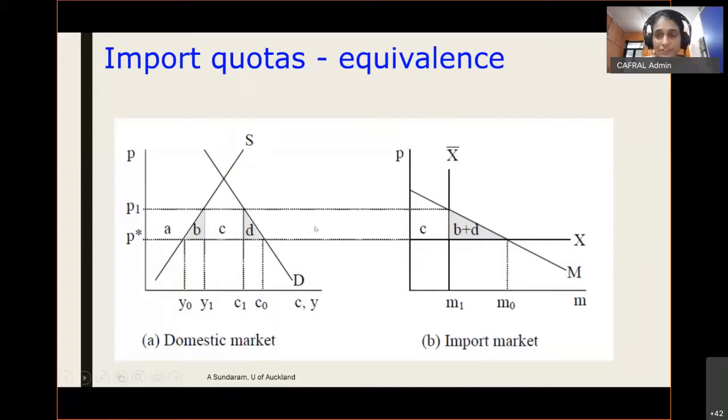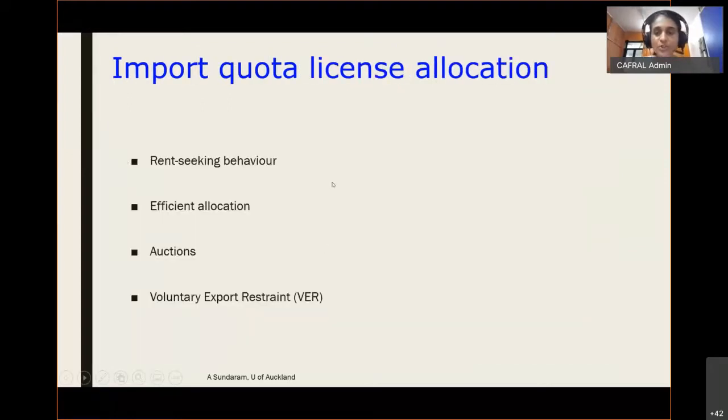But if there is rent-seeking behavior, in other words, you are giving the quota licenses to the firms that are bribing you, or you're giving it just to state-owned enterprises, right? That may not be as productive. If you are not allocating the quota licenses efficiently,